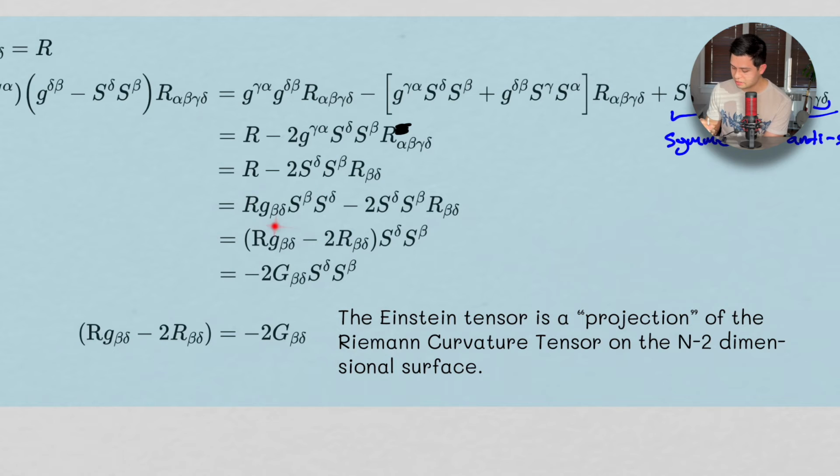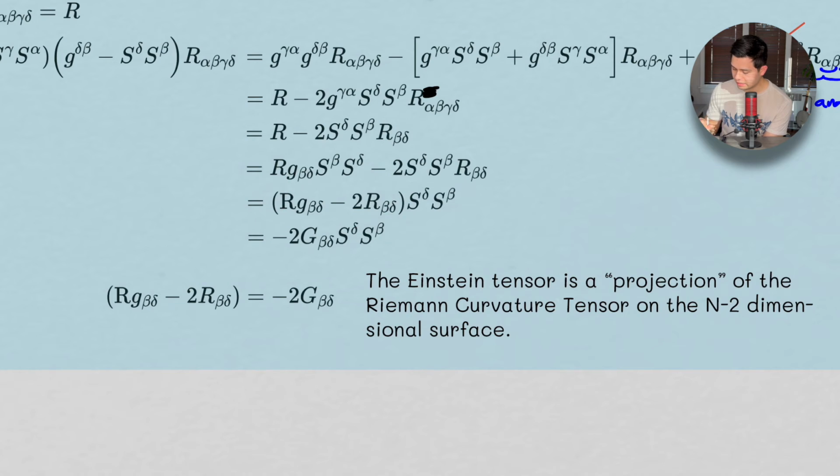Okay, so this isn't really doing anything to the equations. But what this enables us to do is factor out S beta and delta, right? So here's our S beta and delta, and we have R with the metric, and then times 2 times the Ricci tensor. Okay,